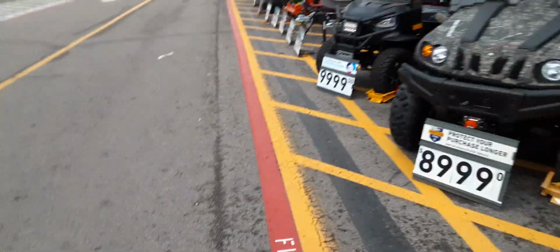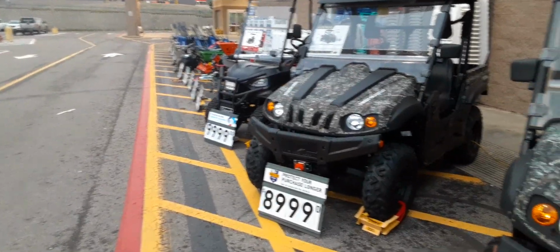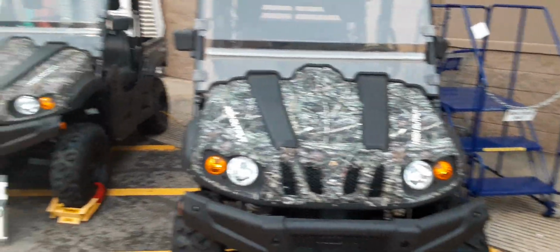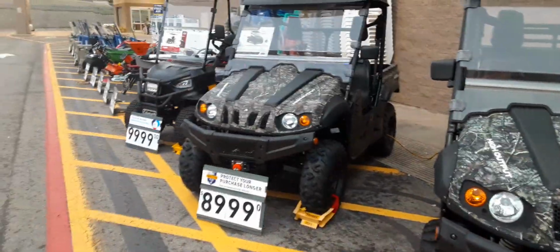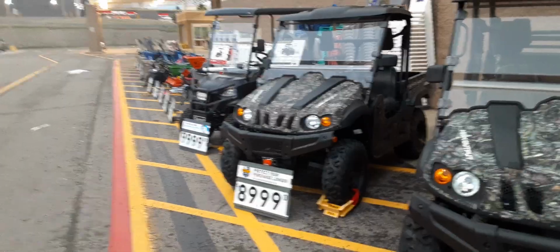So guys, come to Lowes.com or go to your local Lowe's. If they have the rural reset, then you can get any of these. Now if you want a different color, you can order them online at Lowes.com and get any color you want